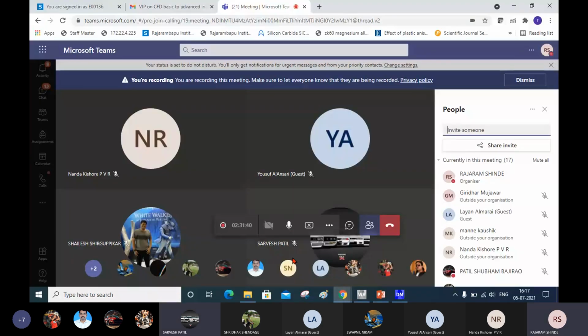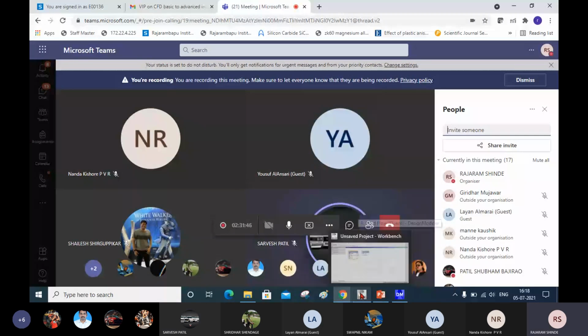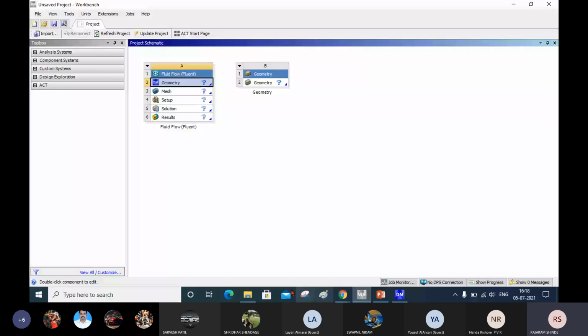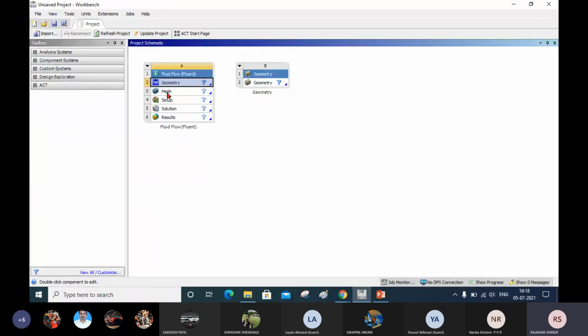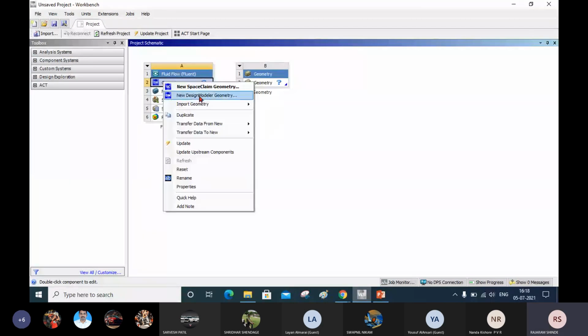Sir, please repeat that last part. Last part. Okay. Here, if you want to open the design modeler, whatever is here, it is opened. If you want to open the design modeler, I will close this and I will show you. What you have to do, you right click on this and click on new design modeler.